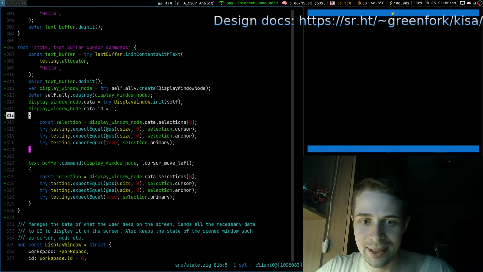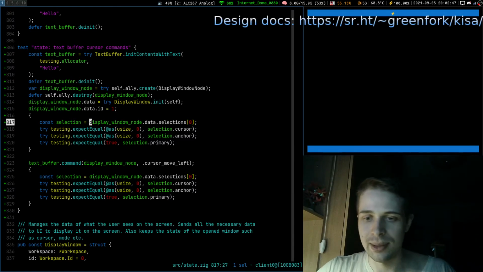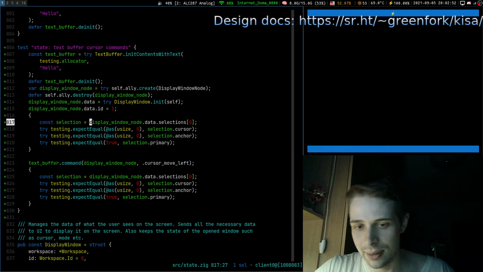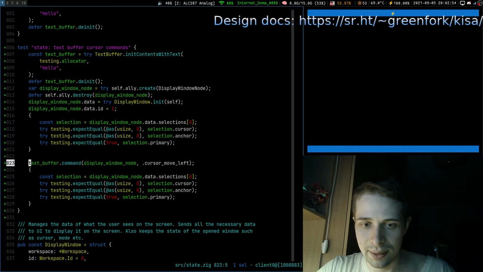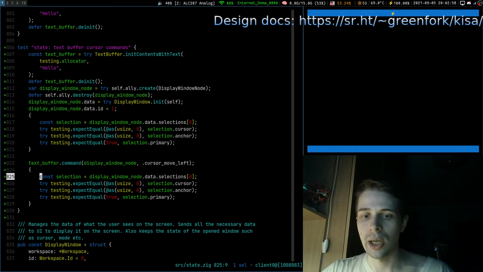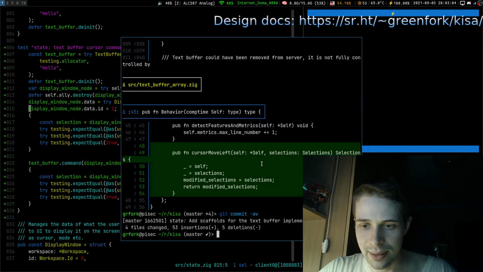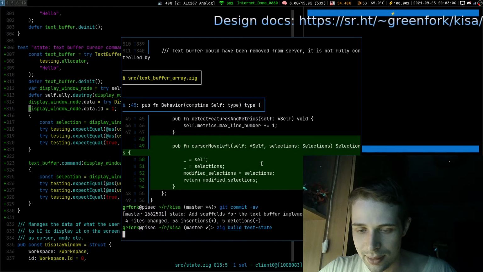So the idea is that we get this selection from the display window, and since it is allocated on the heap, it is a reference, so we don't get a silly copy somehow. This command actually modifies the selection. We query it one more time and check that nothing changed, because we were at the very beginning. Let's check that tests pass.